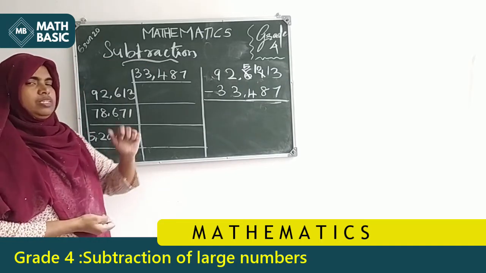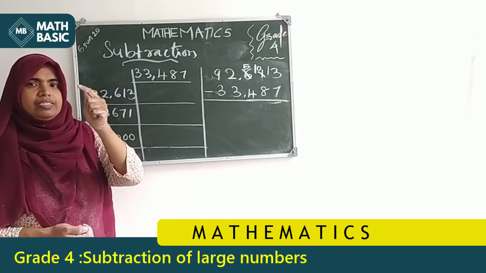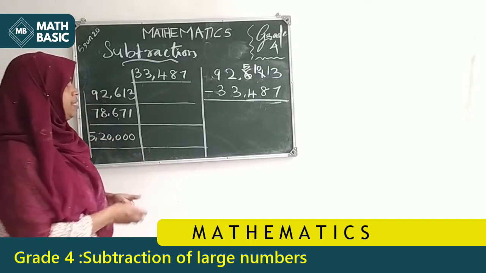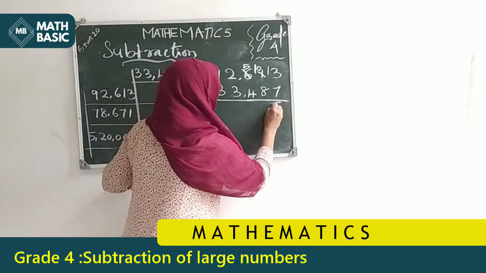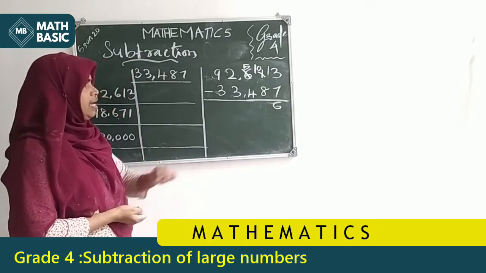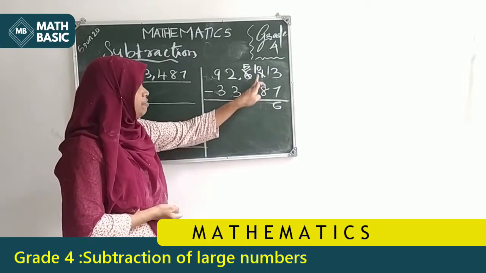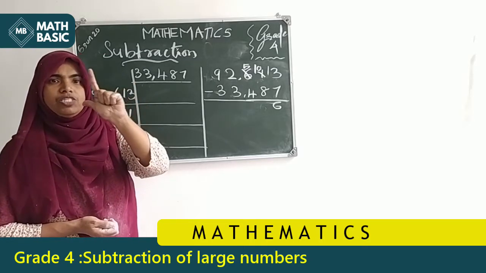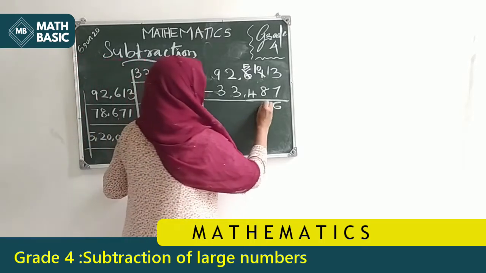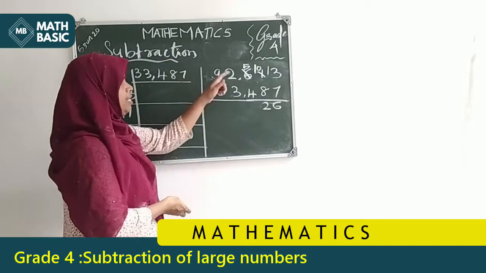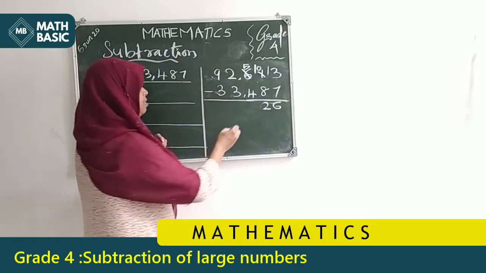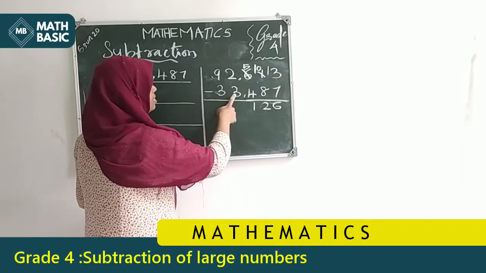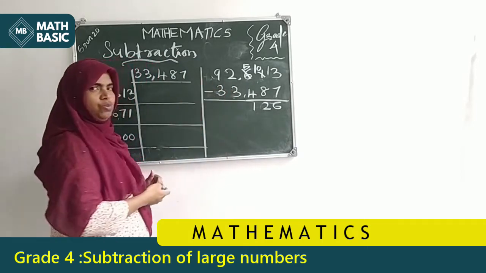What do we do? 12, 11, 10, 9, 8, 7. How many numbers? 6 numbers. What is 6 numbers? Again, subtract 8 from 10. How can we do? 9, 8. How many numbers? 2 numbers. Okay, then 5 minus 4 is very easy. 1 number, subtracting 1. Then here subtracting 3 from 2.